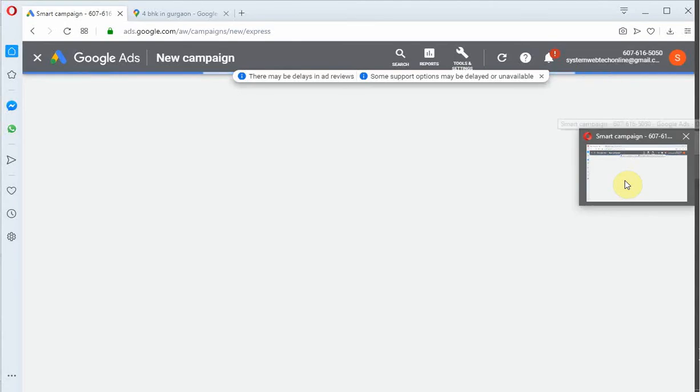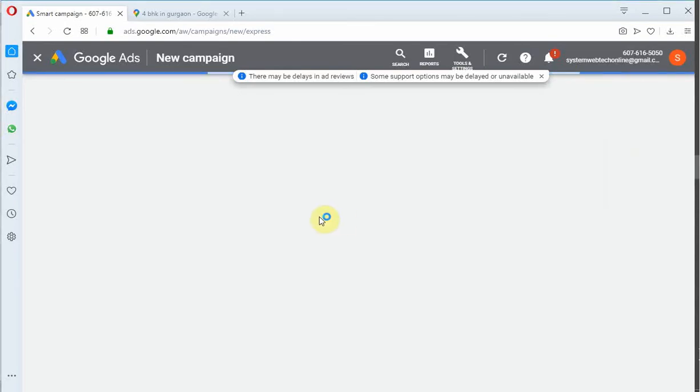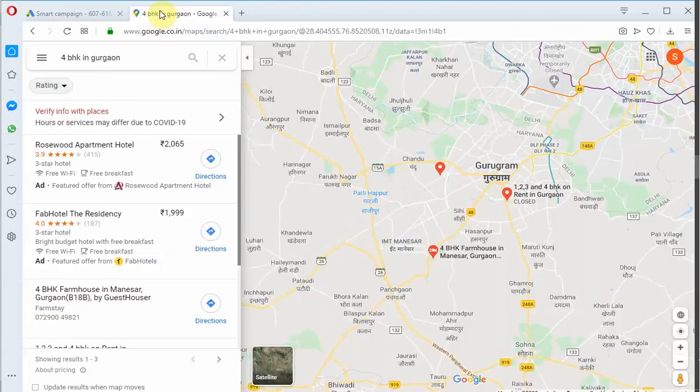If this interface reloads, we will move further, but till this interface is reloading, let's see one more example. For example, we take the 4-star hotel in Noida.